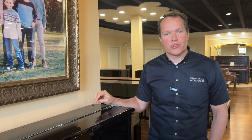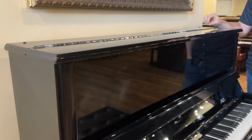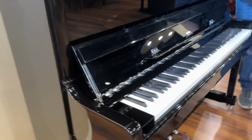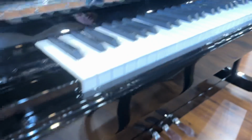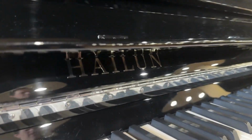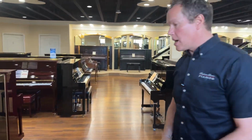This family actually traded this piano in. They bought this piano in 2020, so it's not very old, just a few years old, which for pianos is nothing. And they traded in for a Hailun grand piano. They were so pleased with their Hailun that they wanted to stick with it, but they were ready to upgrade to a grand. So this piano's had not that much use, but nonetheless we put it through our full